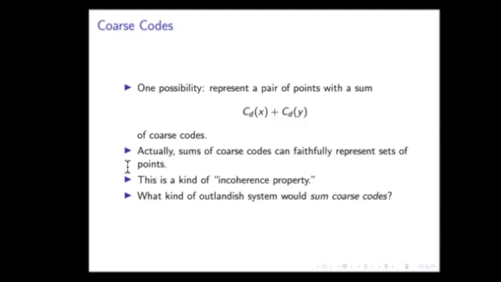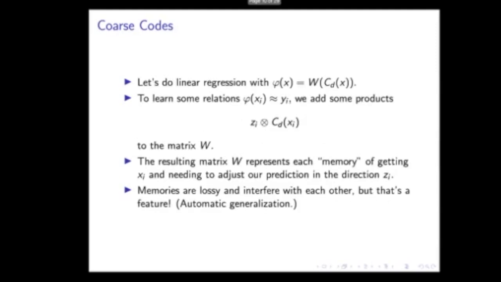Okay, all good. So I'm talking about sums of coarse codes. I alluded in my introduction to being interested in sparse autoencoder work, where we talk about the superposition hypothesis, that maybe I'm representing a number of things by summing feature vectors. All very speculative, all very weird. Well, what kind of crazy, outlandish 20 billion parameter system would sum together coarse codes? You don't really need to look very far.